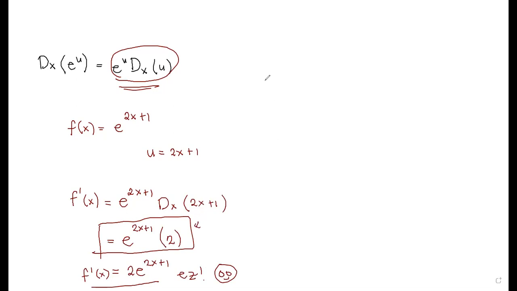Okay, so let's have another example. f of x equals e raised to the power of 5x squared plus 5x. So what do we do here? It's very simple. We do the same pattern that we have for e to the x. And this is only going to work for e to the u. Remember, this is only going to work with e to the u. So I'm going to copy the e to the 5x squared plus 5x times